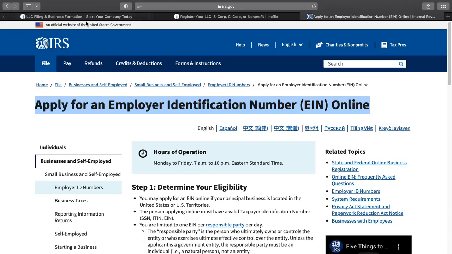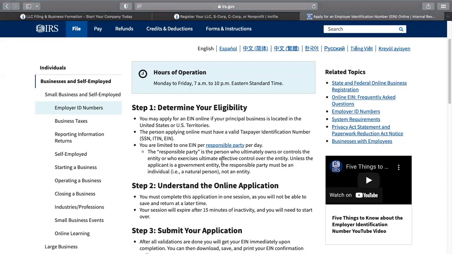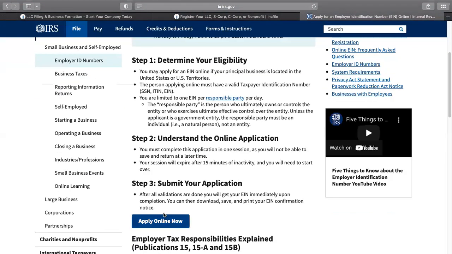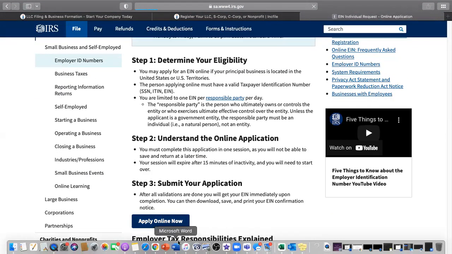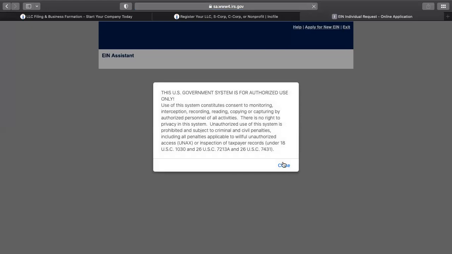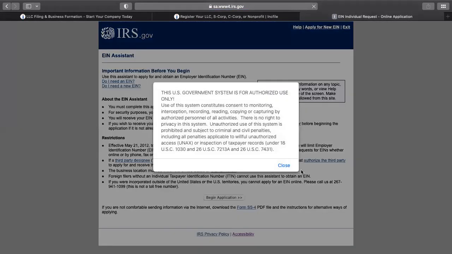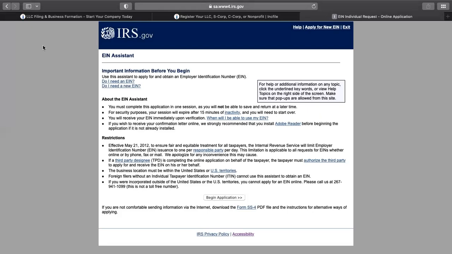So you'll go on this website. Again, this is the official website of the U.S. government. You'll go and do all of this, but basically you would just click on apply now. You apply for it, and then boom, begin the application. I am going to send you that link as well if you need it.